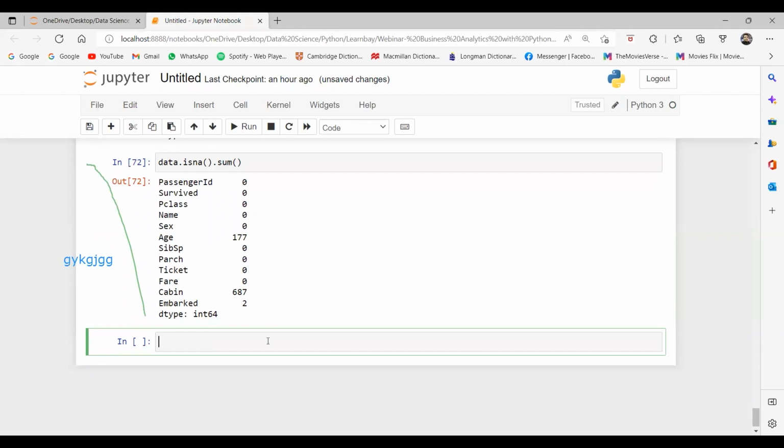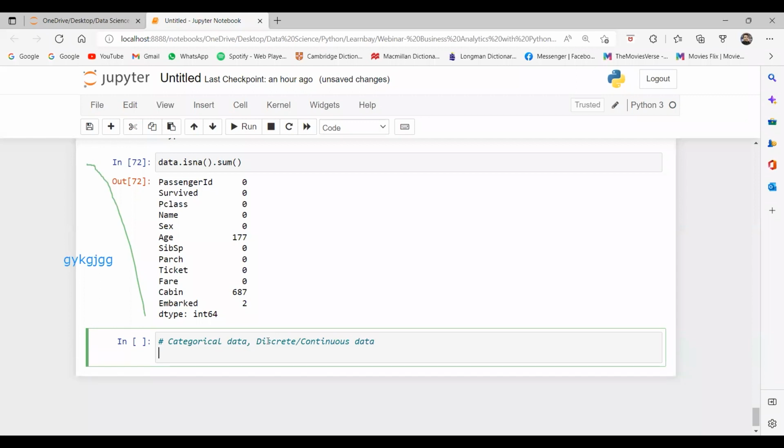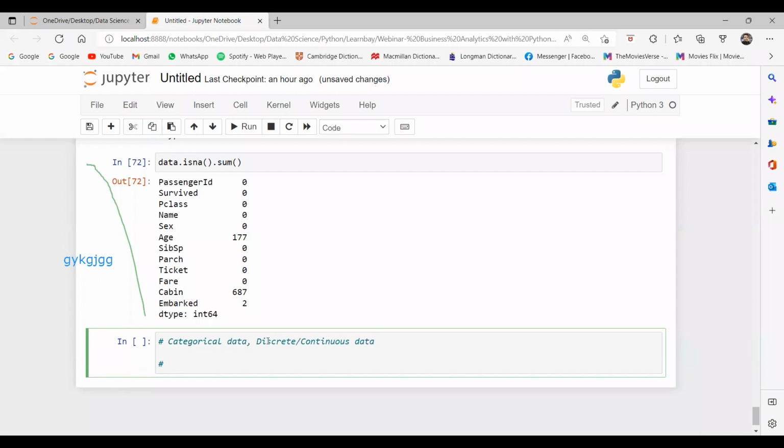Now let's talk about data. We have two types of values. Maybe we have categorical data, yes or no, guys? Or we have discrete or continuous data. Here I am mainly talking about categorical data. Anyone would like to give an example? It is data which we have in categories, for example male, female.